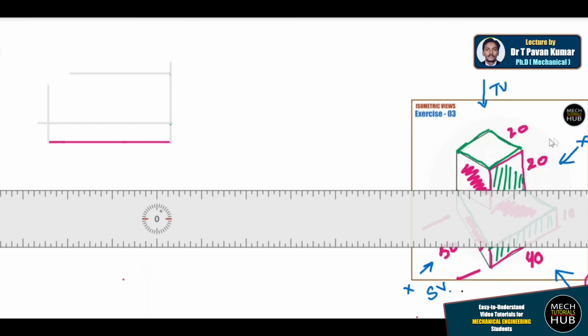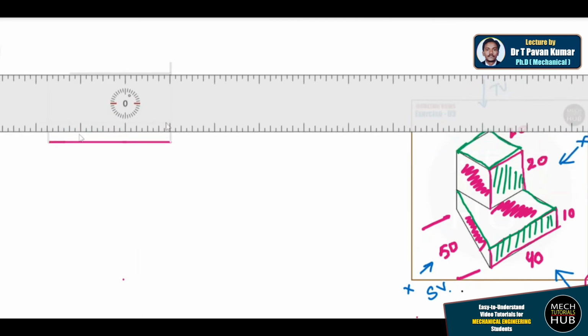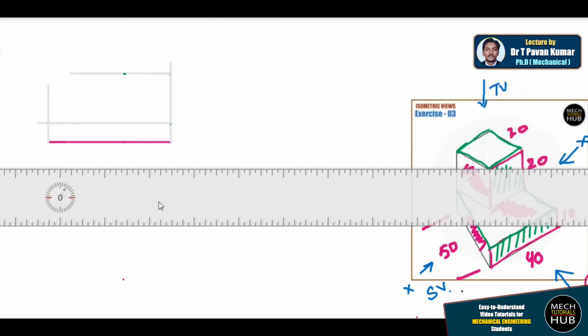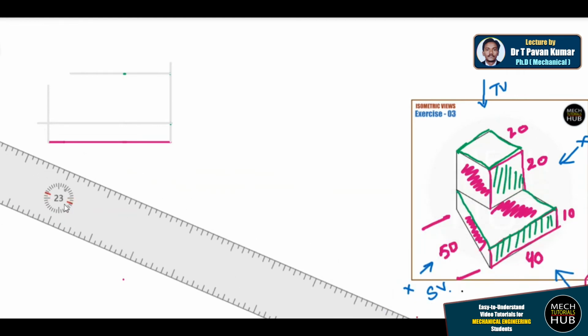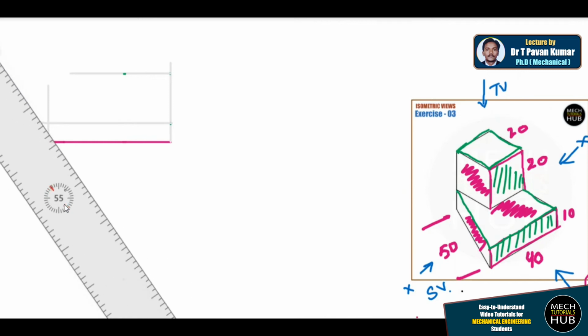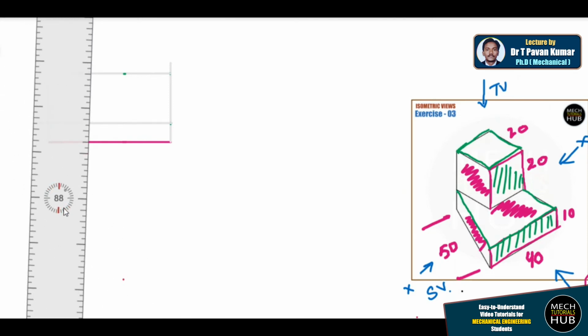And now this distance you need to measure. This distance is also 20 mm. So make a mark of 20 on this in another color. From here, 10, 20, somewhere here. Okay, I'll just drop it here, conventionally. I'm not maintaining exact dimensions because it will take enough time. I just want to make you understand things properly. That is my intention.